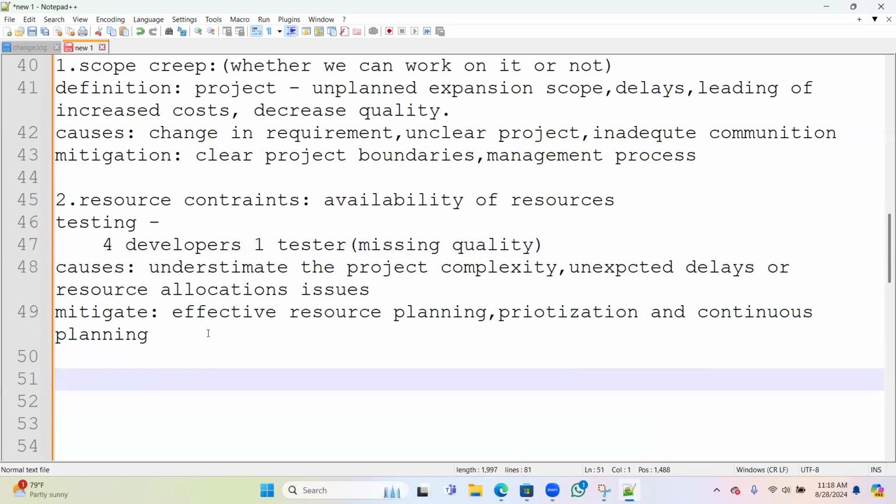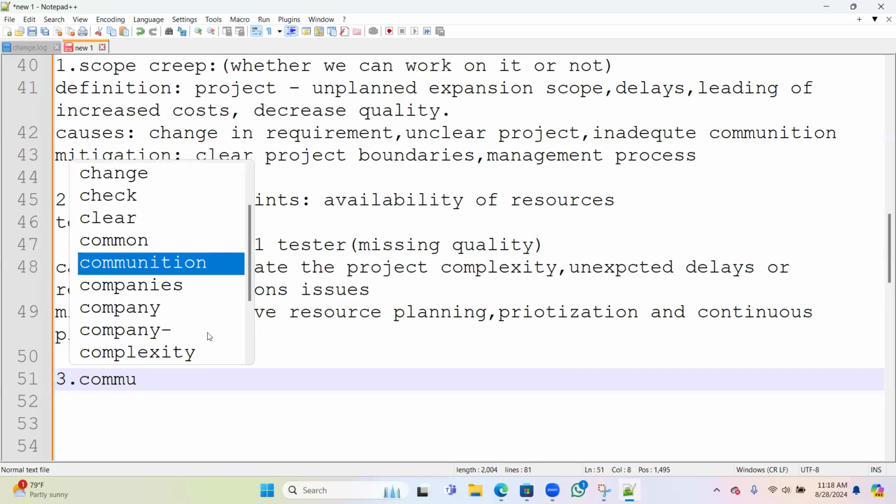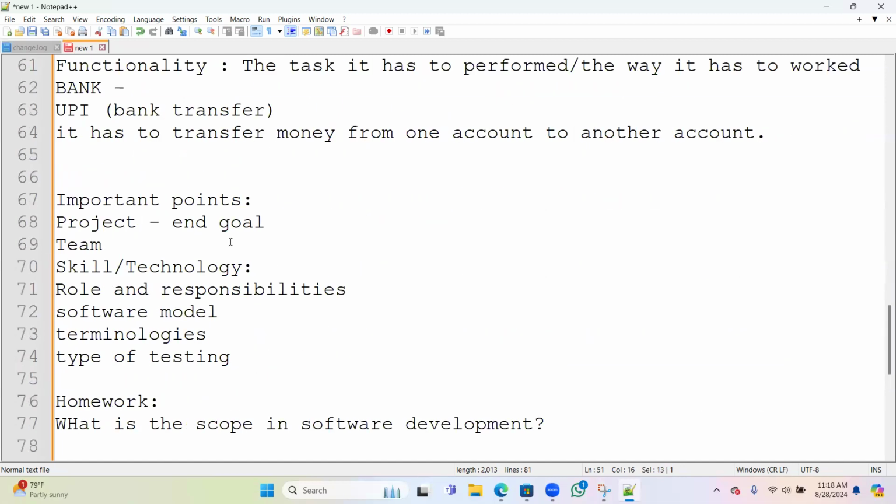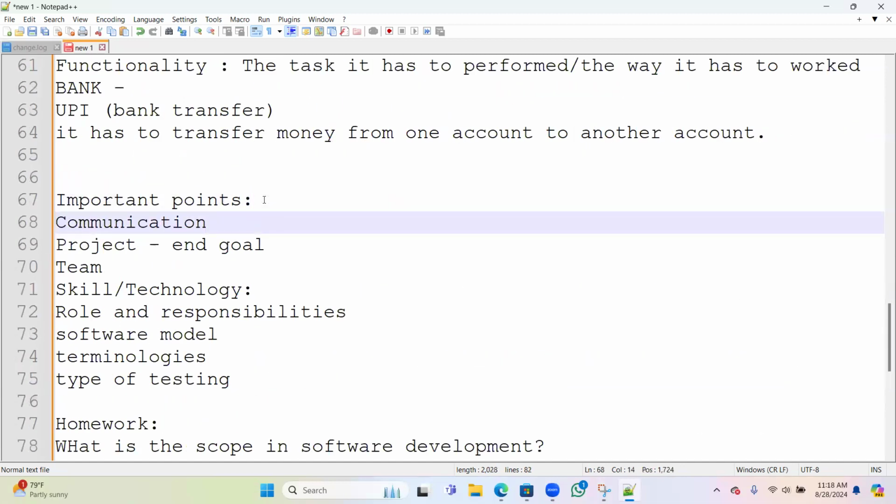Or there might be communication issues. This is also one of the important ones. Many people can't clear the interviews because of this only. I suggest you focus on communication before everything. As you are freshers, I came from there only.